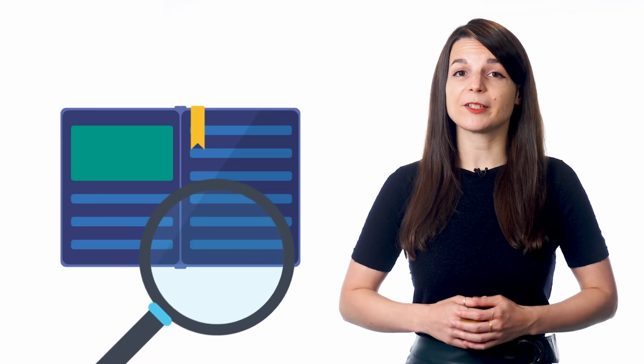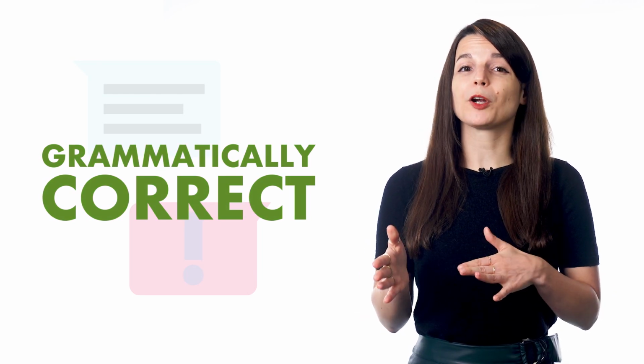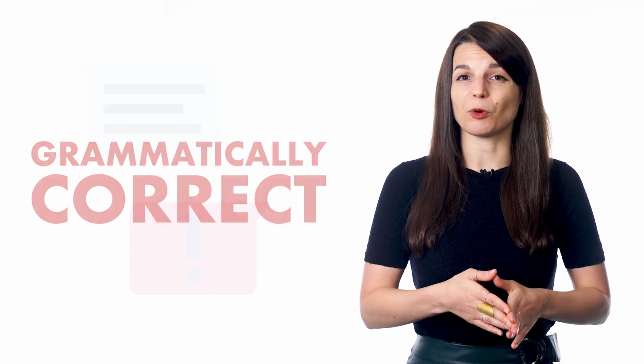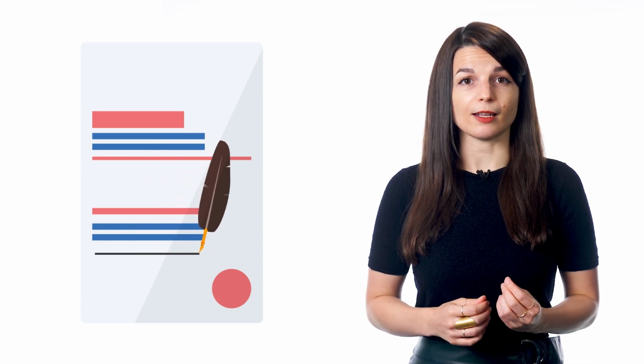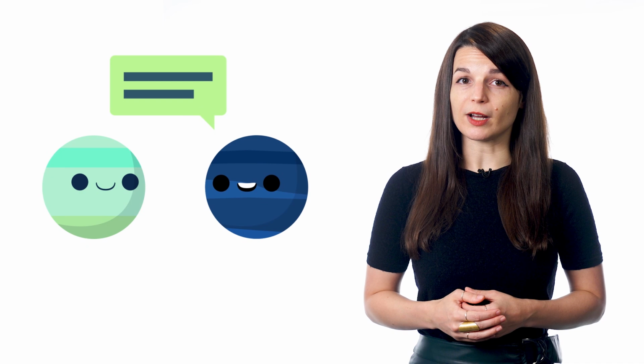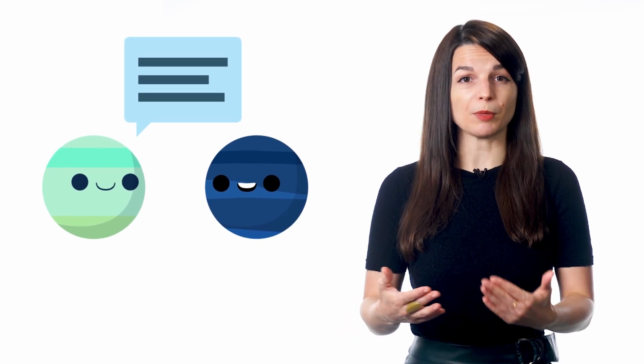Most learners have had the experience of using a phrasebook or a dictionary to find a word they want to use, trying the word in conversation, and getting a look of confusion from the native speaker. In some cases, although your word choice may be grammatically correct, the word may be inappropriate for the situation or totally unnatural. This is especially important in business and other formal situations, where the right level of formality and professionalism is key. Being able to understand nuances in vocabulary words can also help you understand relationships between people just by